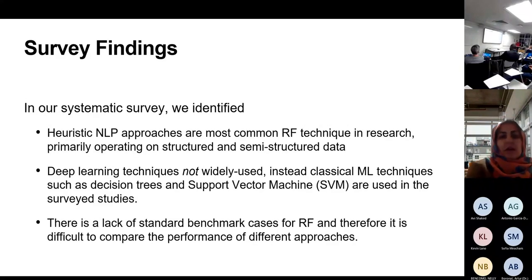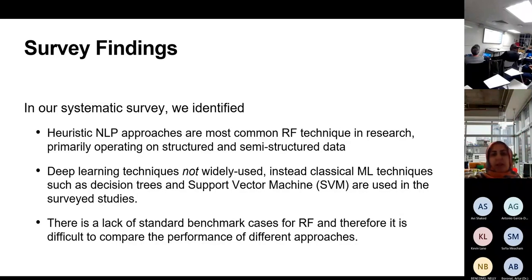The main findings of this research are summarized here. We found out that heuristic NLP approaches are the most common requirement formalization techniques in most studies. They are primarily applied to structured and semi-structured data, and usually not to unstructured data. Additionally, we found out that deep learning techniques are not widely applied in this domain.